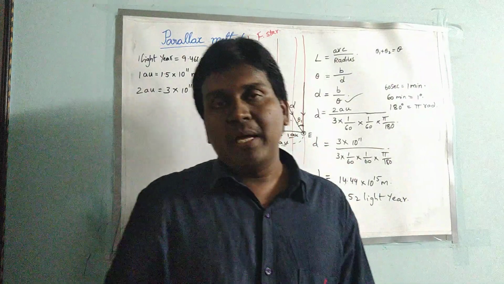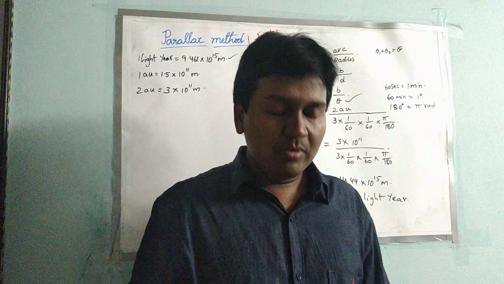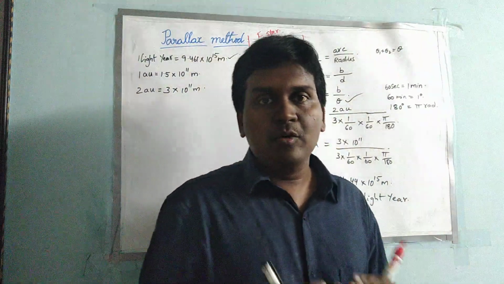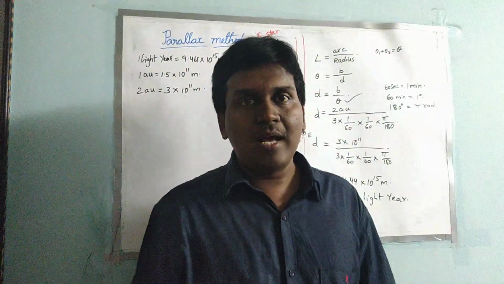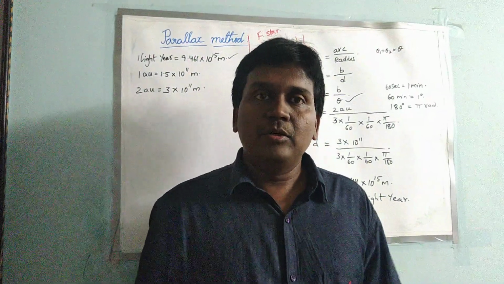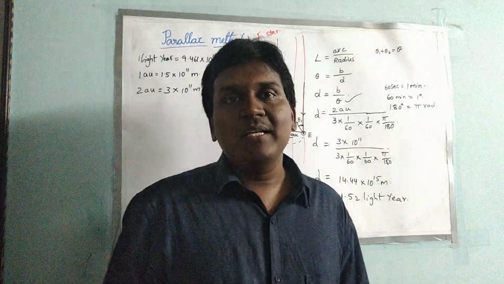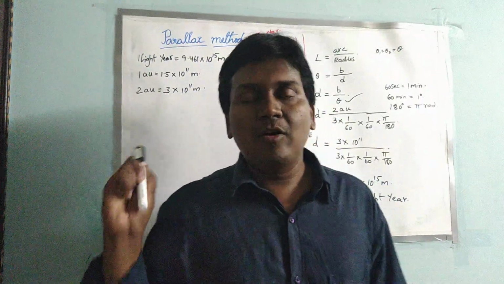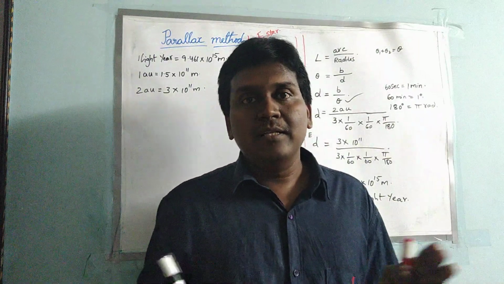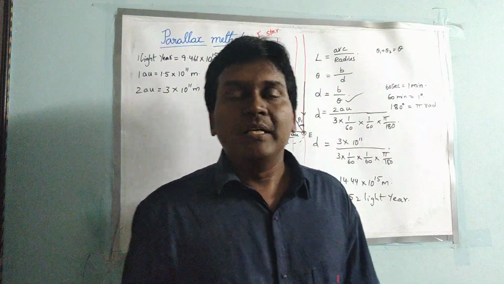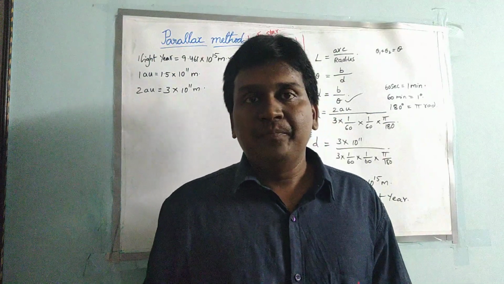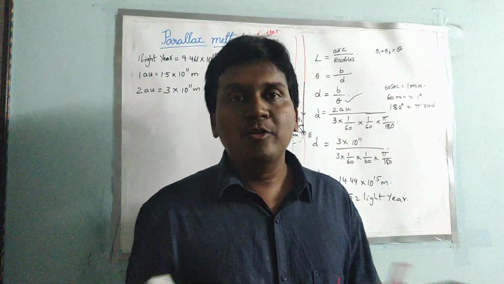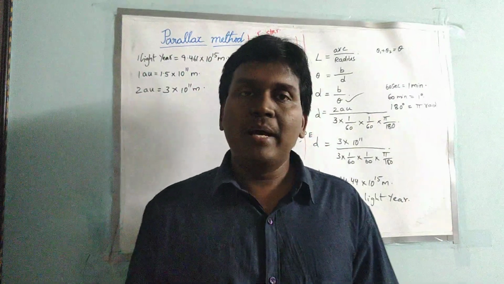So by using this parallax method, we can find out the distance between one point, a known point, and another point, a star, that is unknown. So to that point we can find the distance by this indirect method. So we use the parallax method to find such a long distance between sun and a star, or planet and a star, or planet to planet. We use this parallax method.